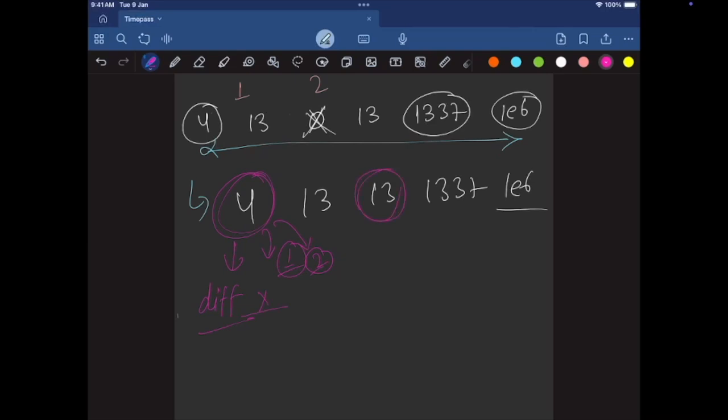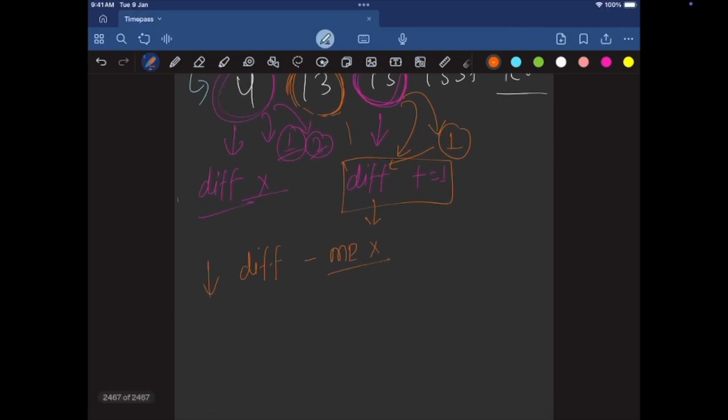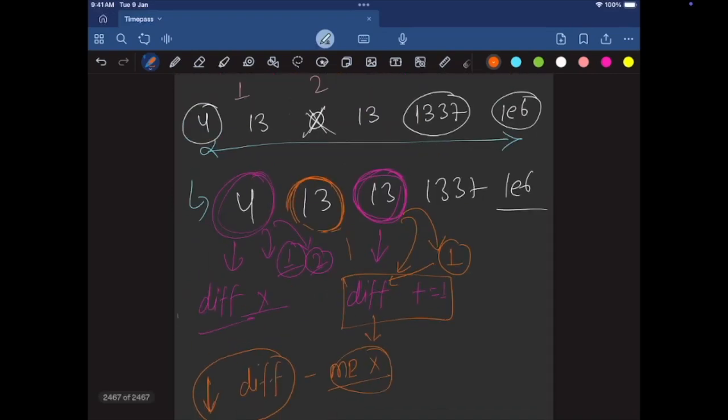But once I choose 13, then our difference gets increased by 1. Reason being that this 13 was not contributing to my difference earlier because of this 13, but as soon as you change this 13 to 1 or 2, then this 13 was already contributing, this will be now also contributing, and this one will again contribute to my difference, so my difference will increase, and that is a wrong thing. No, I want to minimize my difference, because I want to minimize my difference minus MEX, and MEX I have fixed here, so I just want to minimize the difference. So what will I do? Okay, so the crux